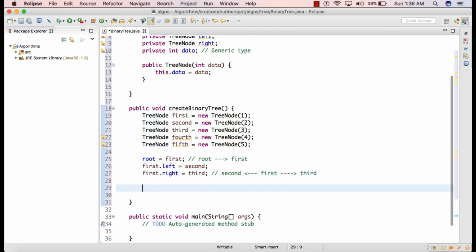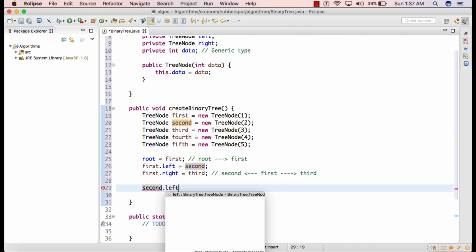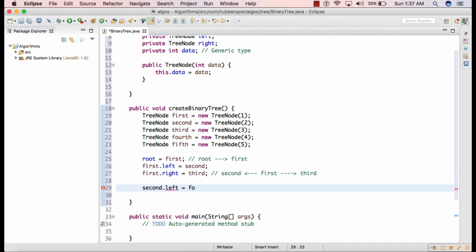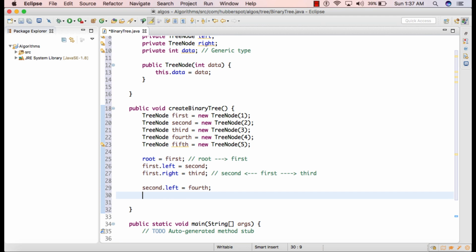Moving ahead, now let's say we assign the value of fourth to second.left, and we assign the value of fifth to second.right. So friends, this is how we create a binary tree with a few nodes, and after these 4 or 5 statements the binary tree looks like this.